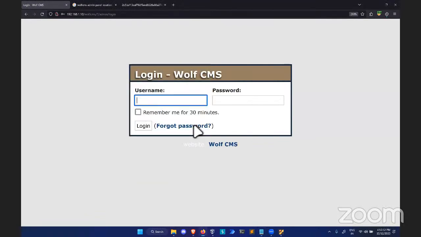The first thing you should always do whenever you come across a login portal, it doesn't matter where it is, is try logging in with the default credentials. There are multiple instances where we have seen that developers either forget or ignore to remove the default credentials. And if you are able to log in with a default, then you don't need to do any further attacks. So if I try any of the default credentials, like maybe admin password, doesn't work. Admin login,